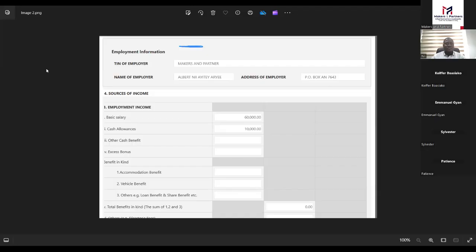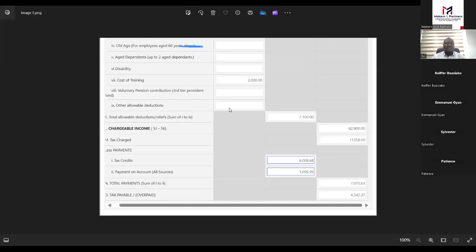So you sum up all this income and then you have a total assessable income. Where it's not applicable, you don't fill that place. Once you are done with everything, it automatically computes your chargeable income together with your tax. Now, the bit where you need to input is the tax that you have paid. That is going to be less.